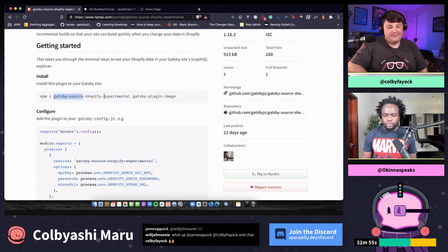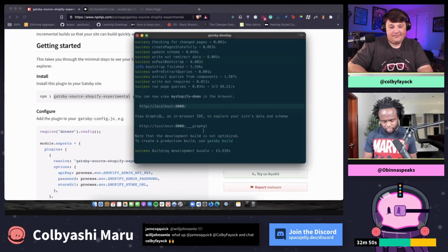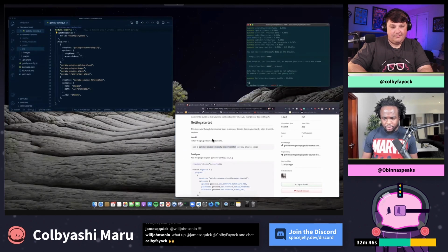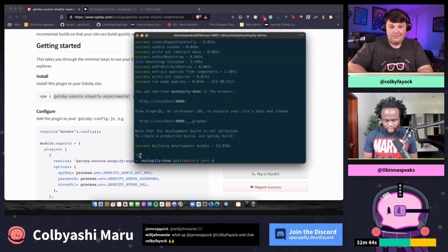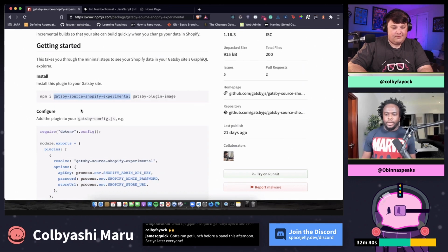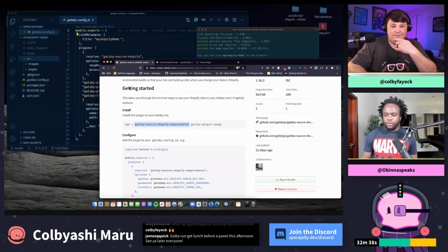So I'm going to get this experimental plugin. I'm going to stop this from running and do a yarn. I'm hoping this is yarn. Yes, I'm going to do a yarn add. Just put that there to resolve. And while that is going on,